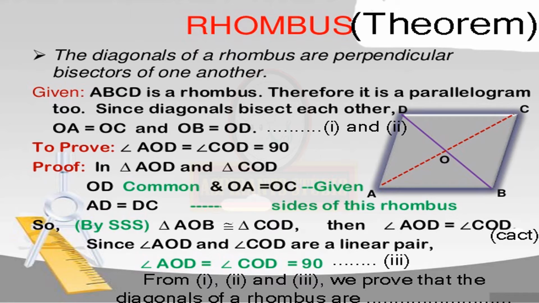Take it as first equation and second equation. This has to come under proof. I have mentioned it there because the page will not be enough for writing. Otherwise, we have to go to the next page. That's why I have mentioned the first equation and second equation under given only, but you have to arrange it properly. Now, then you have to mention in triangle AOD and triangle COD,